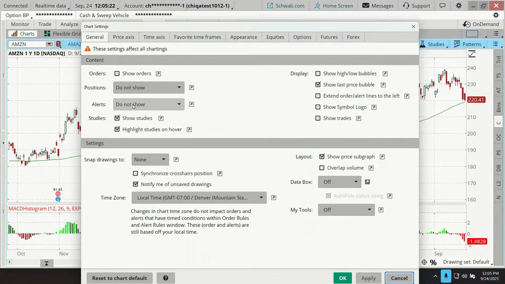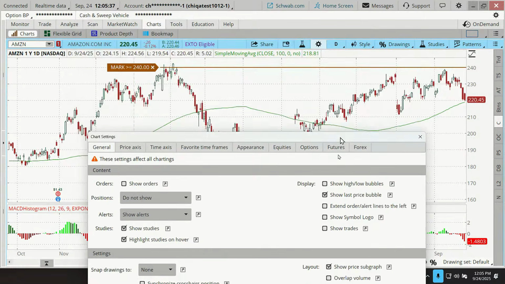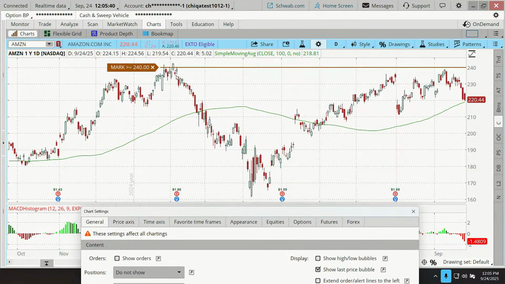And moving on to alerts. Yes, if we've constructed alerts, we can display that on the chart as well. So default is do not show. Let's show alerts. I want to show the full alert rather than just an arrow for the alert. So let's click apply here. And on this stock, I can see, well, what is this orange line up here? Well, there's a short encapsulation of the alert here.